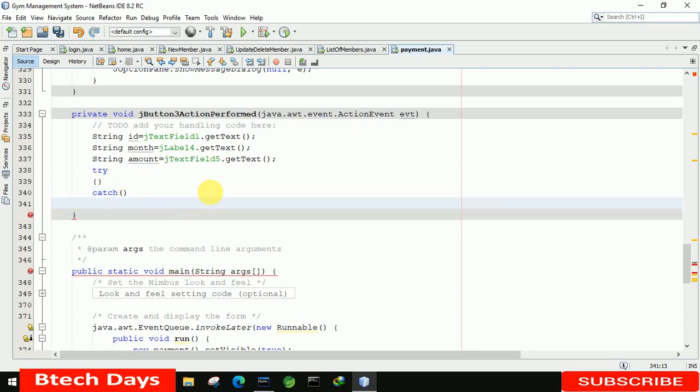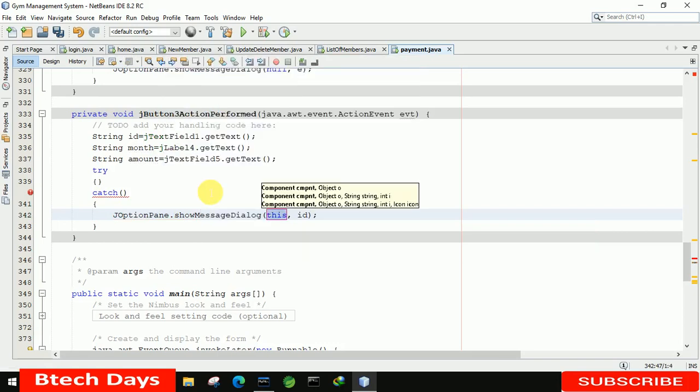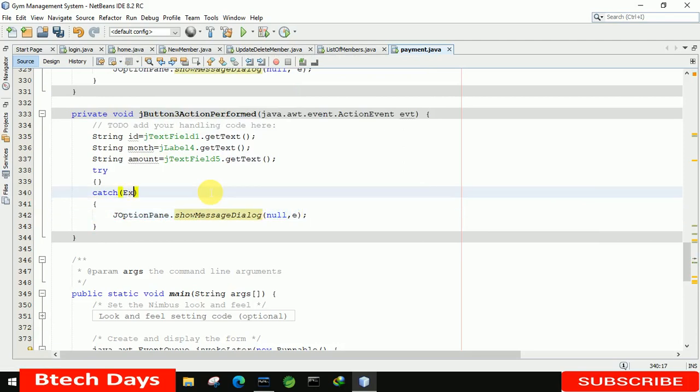JOptionPane.showMessageDialog null, and here just write e for now, exception e.